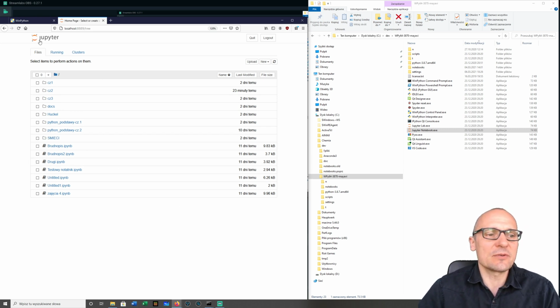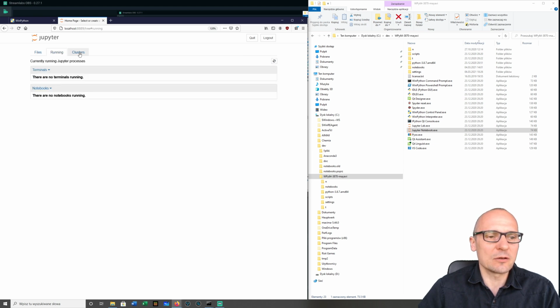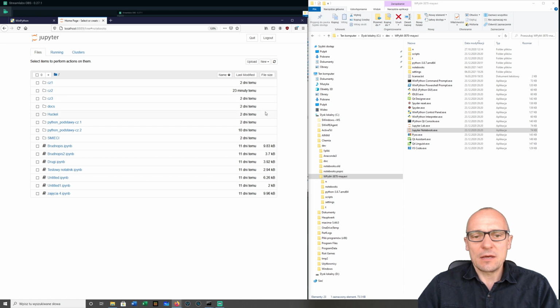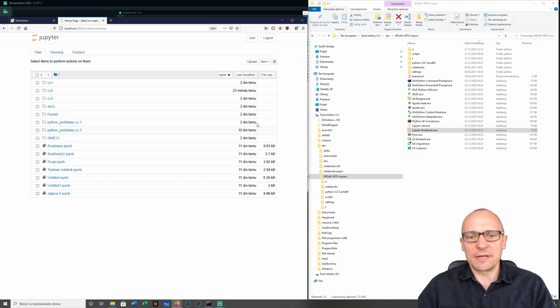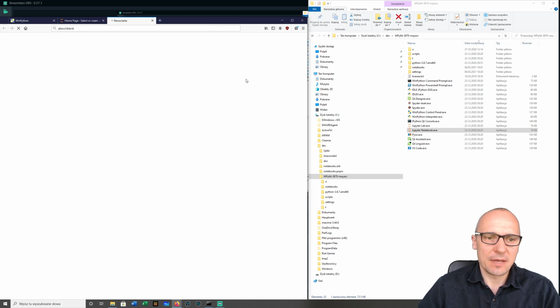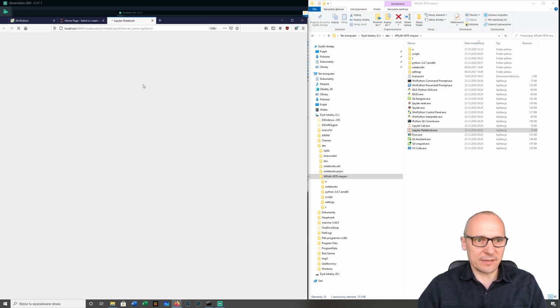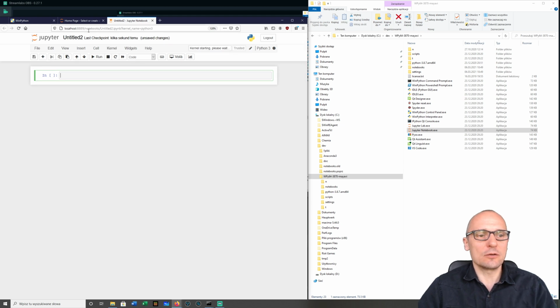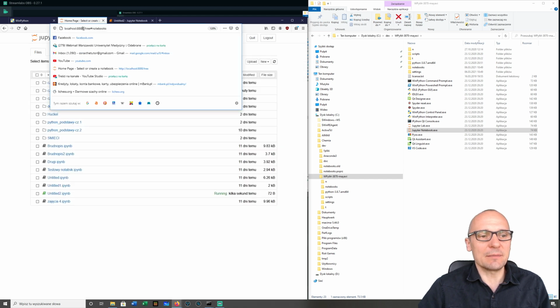As you can see, there is a Jupyter name here and the logo, the icon, and here we have a tab with notebooks, with running notebooks and so on. Well, to start working, we just click New and Python 3, and the new notebook is created. As you can see, the new tab, you can see that here we have localhost and a number, the port